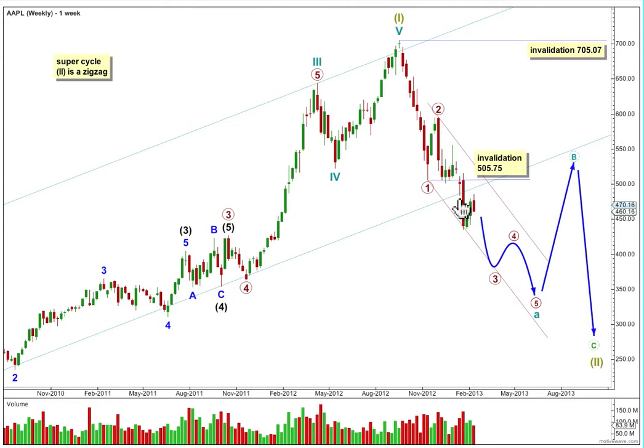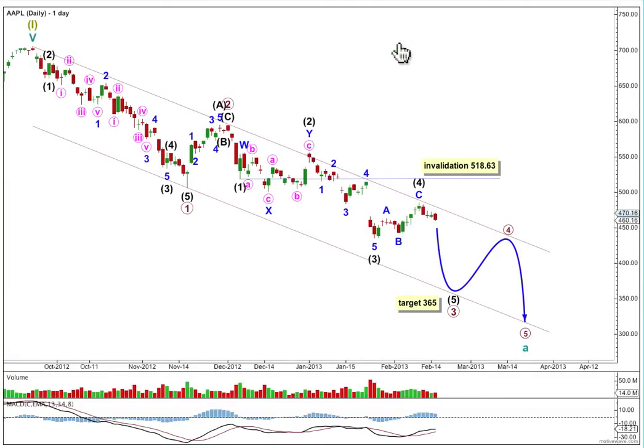Let's have a look at it on the daily chart, where the high for super cycle 1 is this point up here. So we have a 5 down here, complete for a first wave, a zigzag up here, complete for a second. This may be where a third wave has begun, which must subdivide into an impulse. We have 1, double combination for 2, impulse for 3, zigzag for 4. We need 5 down to complete, which doesn't have to make a new low beyond the end of 3,